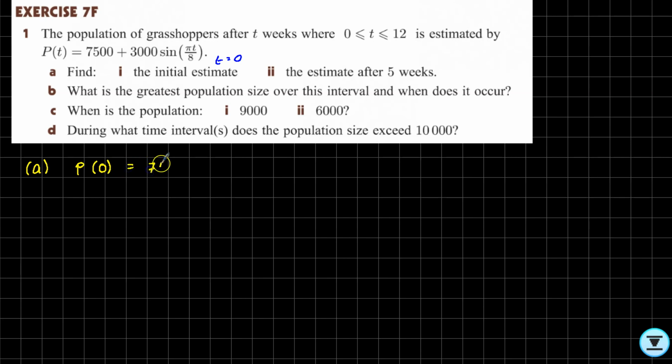And then yes, I'm even going to ask you to actually rewrite this. What you're doing is wherever T is, you are replacing it with 0. Now, 0 times pi is 0. 0 divided by 8 is 0. So we're doing sine of 0. Most of you should be able to do that in your head because we know sine of 0 is,